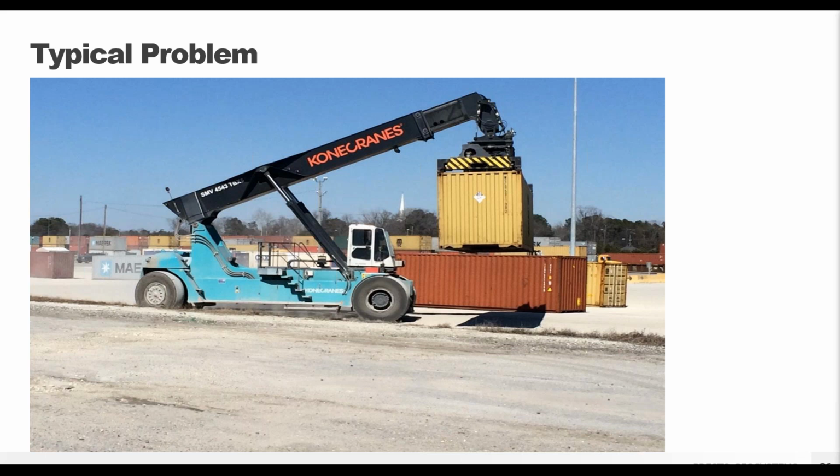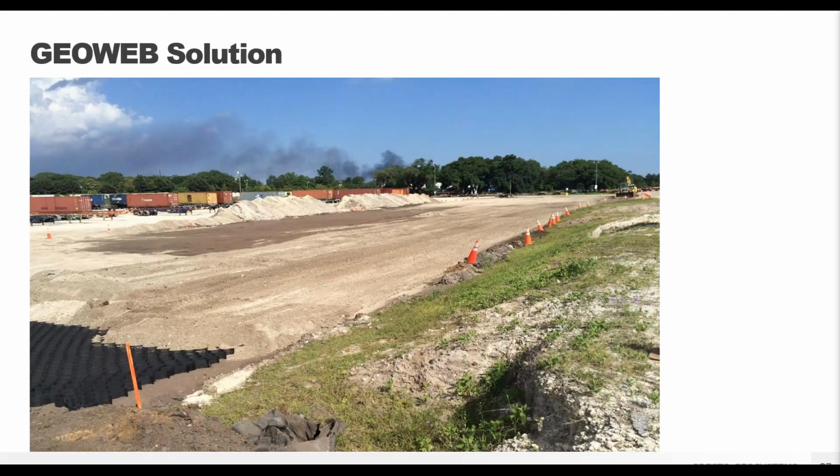And so this project consisted of 100-ton reach stackers, which caused severe rutting on the subgrade. In this case, it was even a CBR of 3%. So it's a pretty common soil strength for sandy areas, not really that soft, but when you have incredibly heavy loads, such as a reach stacker, it can still be just not strong enough. So the reach stackers were only able to make a few passes before that subgrade started to fail. And so they were having to regrade and do surface maintenance daily.